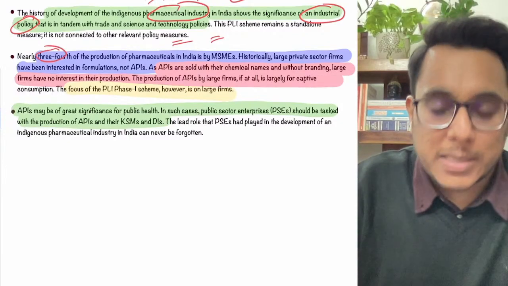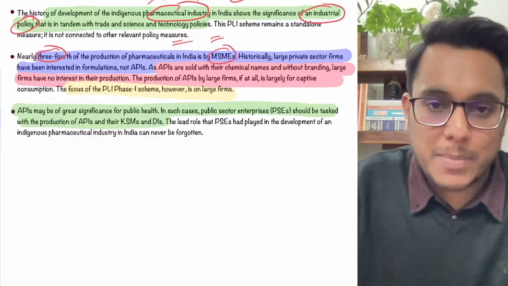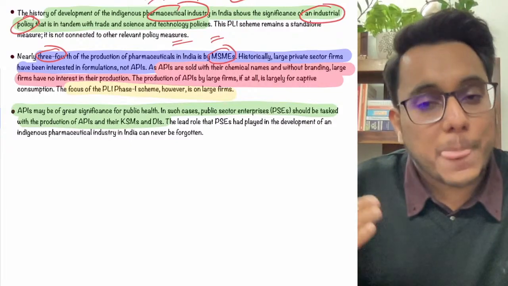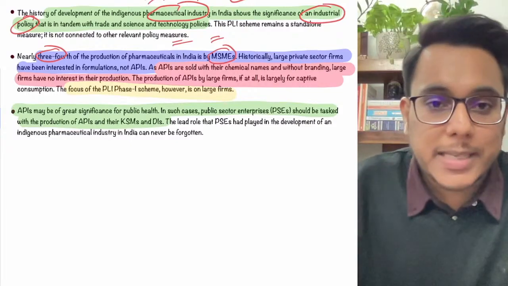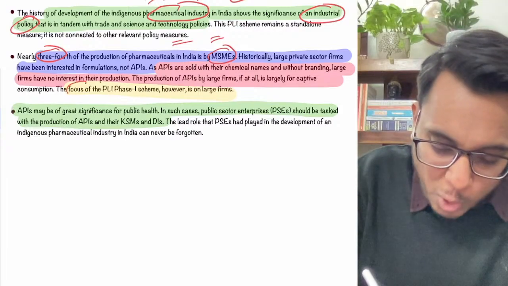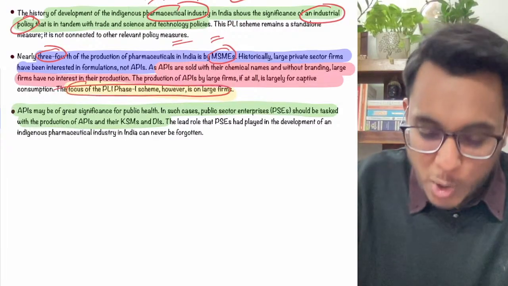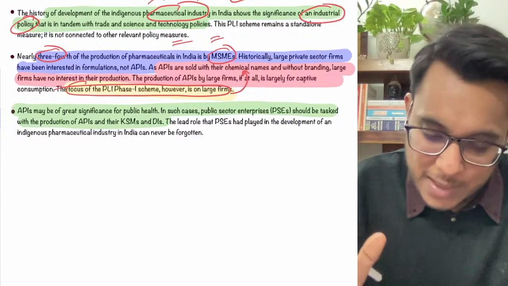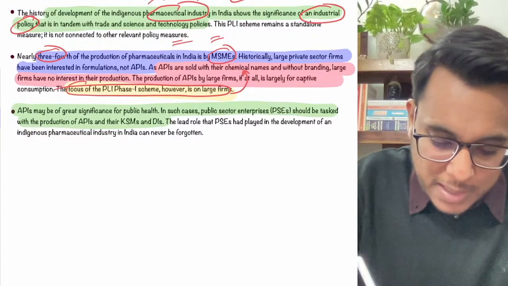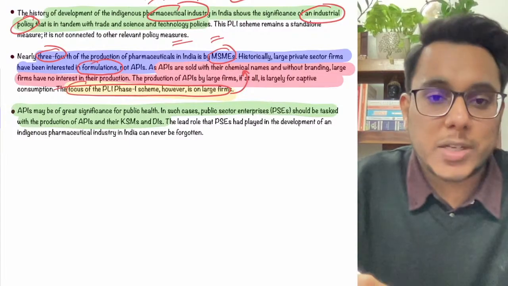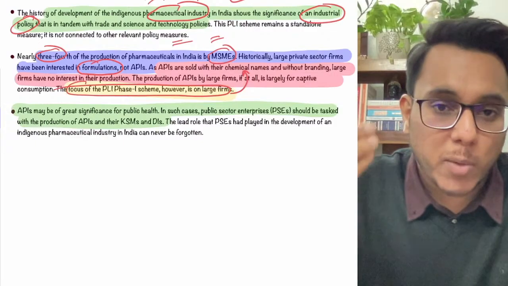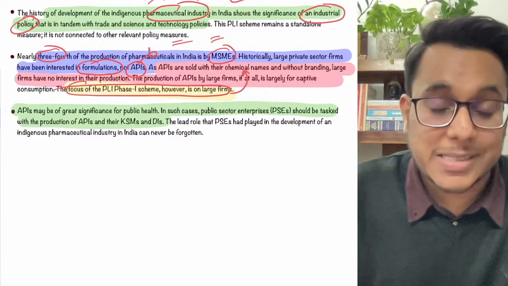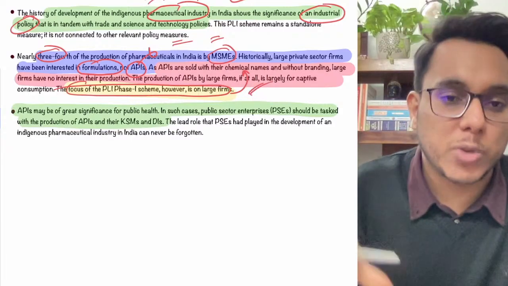Then, guys, the next very big problem in pharma is that three-fourths of the pharmaceuticals are carried by the MSMEs. Is it clear? Basically the MSMEs are doing it. But the PLI scheme focuses only on the large firms. So MSMEs are not being specifically targeted, and they are not being given the incentive. The large private sector firms are interested in formulations; they are coming with new R&D and new formulations, and are not focused on the APIs or the basic pharmaceutical medicines. MSMEs are doing it, so PLI should focus on MSMEs.